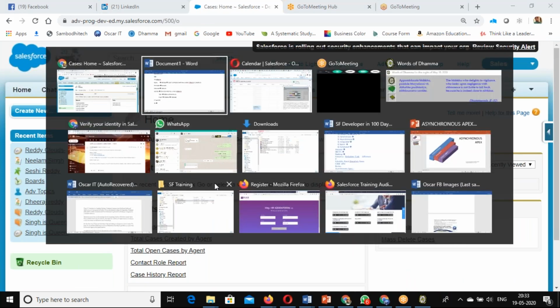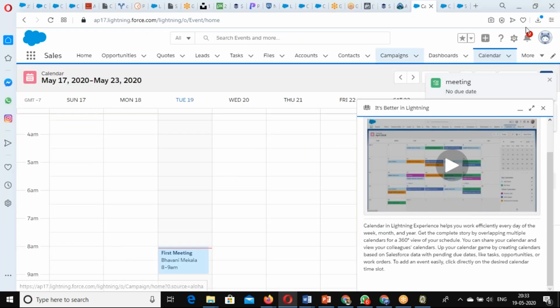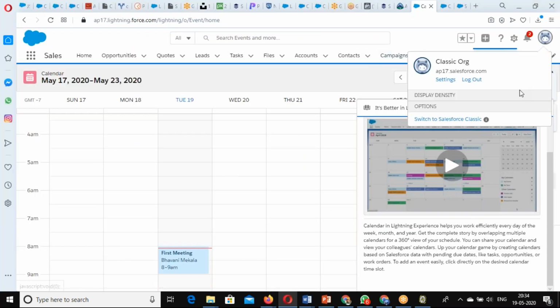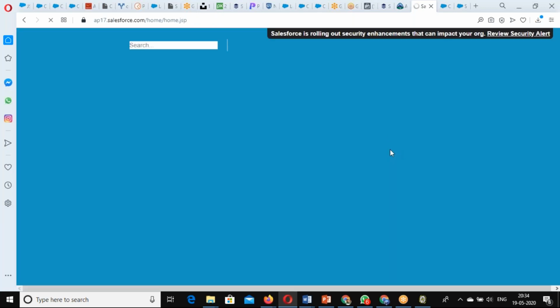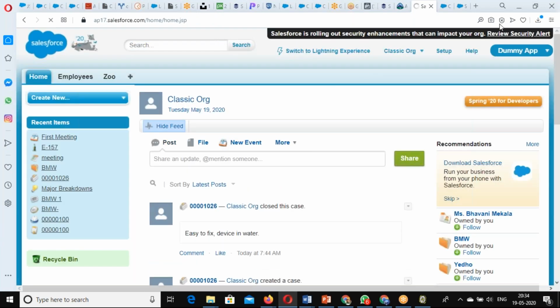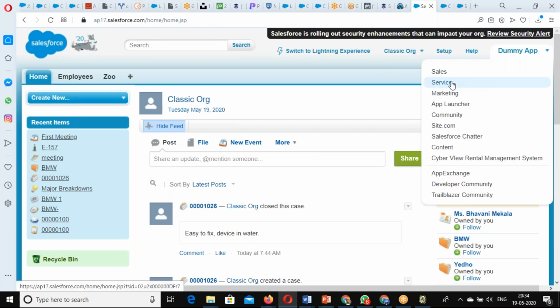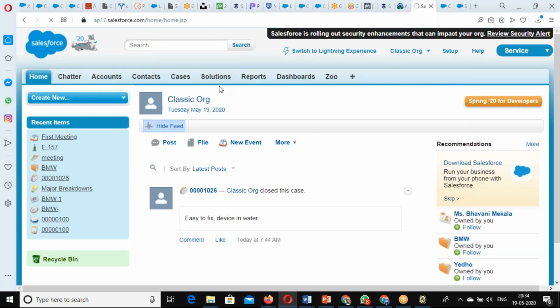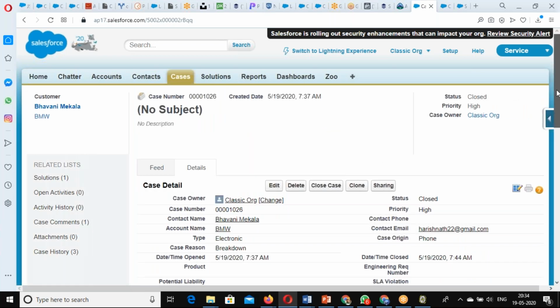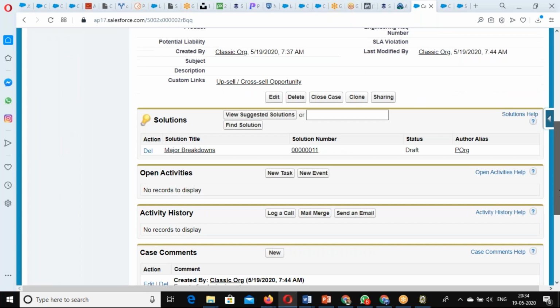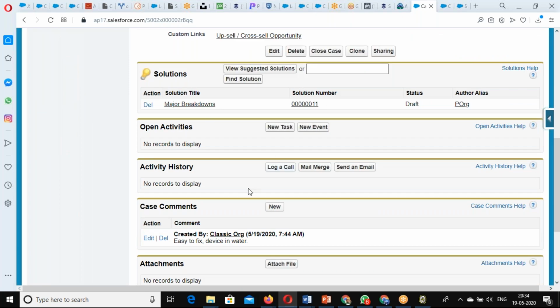Probably we have opened the wrong tab, but that's okay. Let's go back to switch to classic here. Fine, you select your service, go to your cases. So you have a case. You might have to re-meet on that case, isn't it? It might not be a simple case. It could be a complex case. You might have to meet them multiple times. Then you will log an activity with them. Fine. So this way,